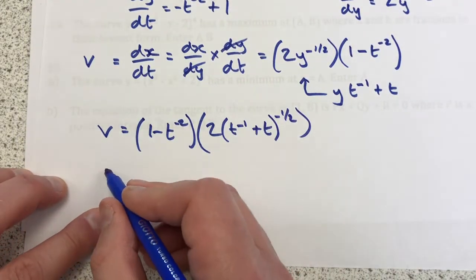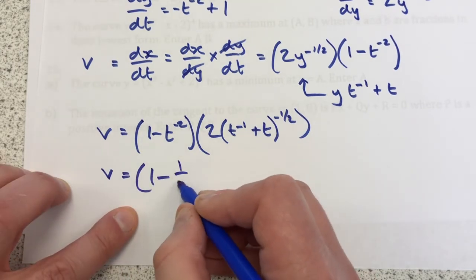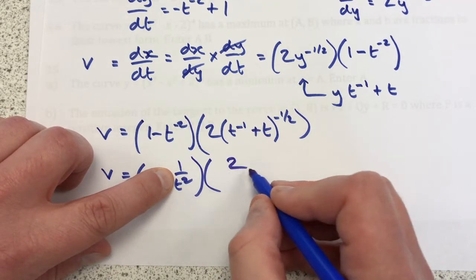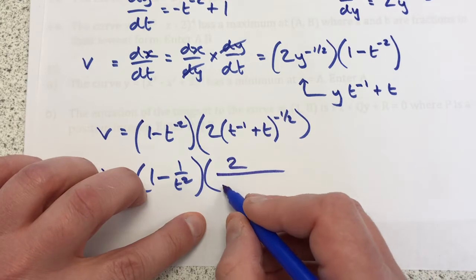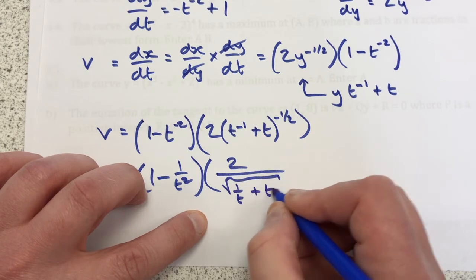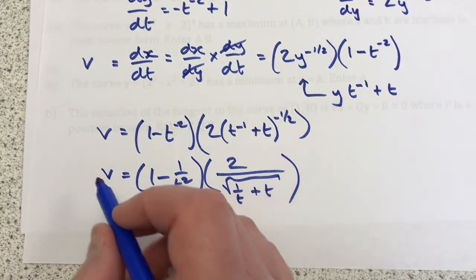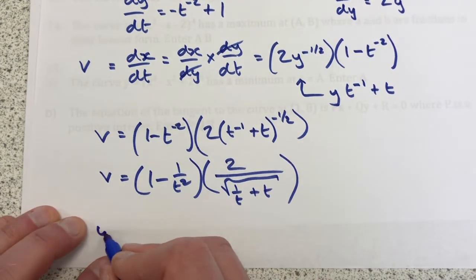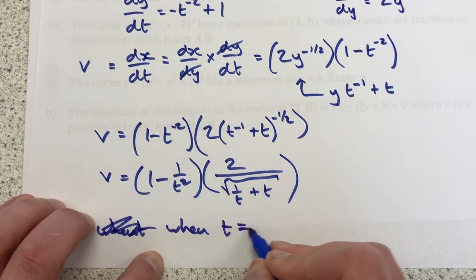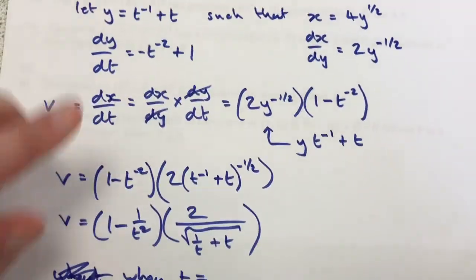And let's rewrite that as v equals 1 minus 1 over t squared, open brackets, 2 over root 1 over t plus t. God, that doesn't look very friendly at all. Doesn't really matter. We're now going to find out what the value of v is when t, I've not written that right, when t equals, I've forgotten what the question is now, when t equals 2,